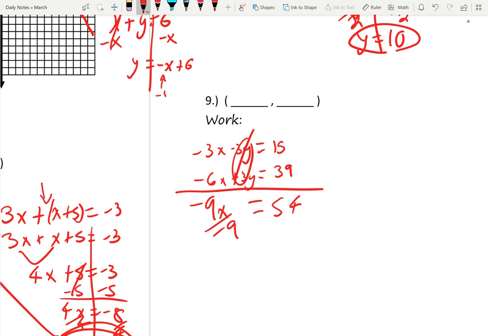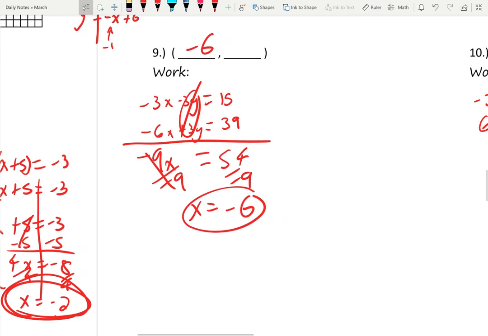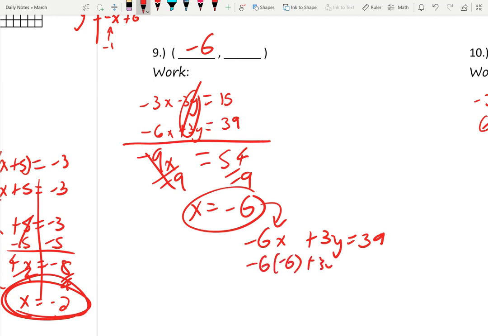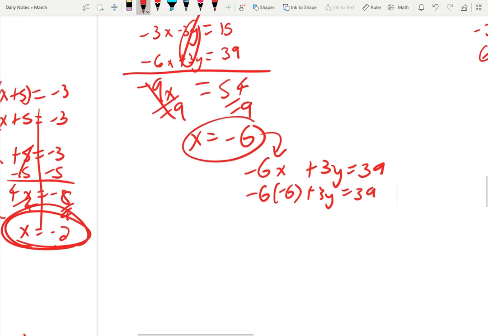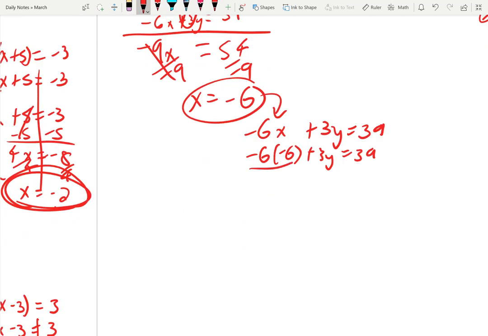So now just divide by negative 9, and we have x. X is going to equal 54 divided by negative 9, which is negative 6. And now, like I said, we can plug this back into another equation to find y. So I'll plug it into the bottom equation. So the bottom equation was negative 6x plus 3y equals 39. I'm going to plug this in for x. So we're going to have negative 6 times negative 6 plus 3y equals 39. So when I multiply negative 6 times negative 6, it's going to give me a positive 36 plus 3y equals